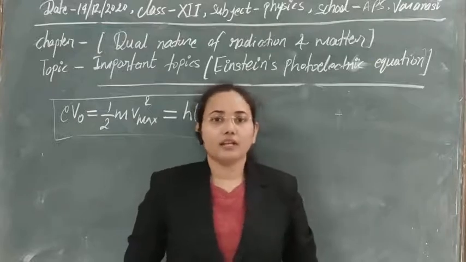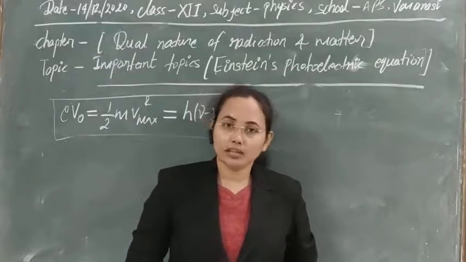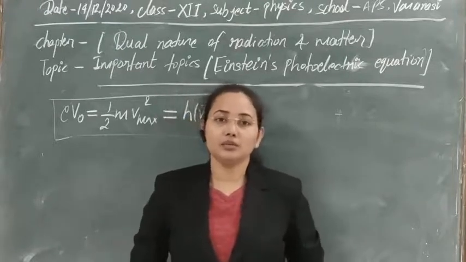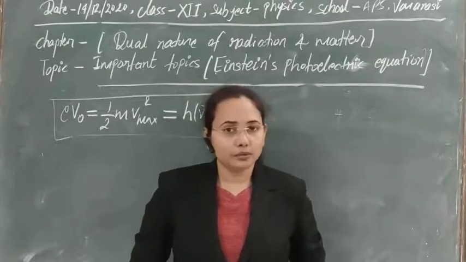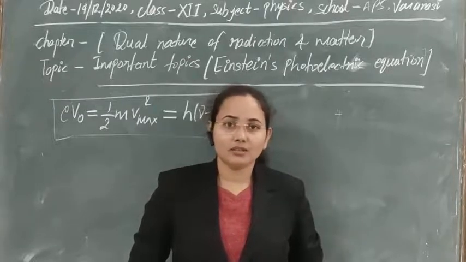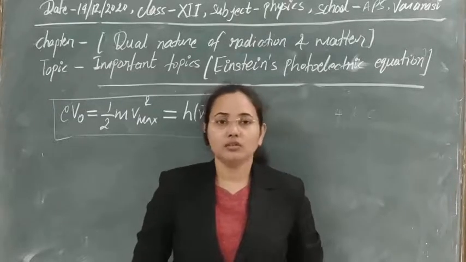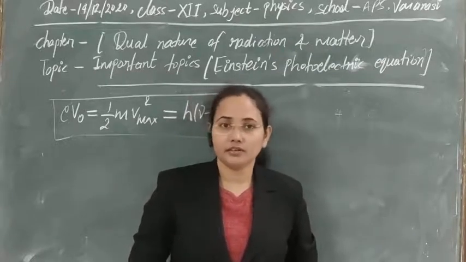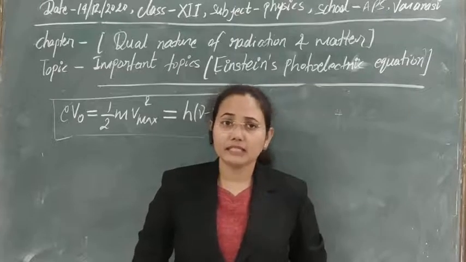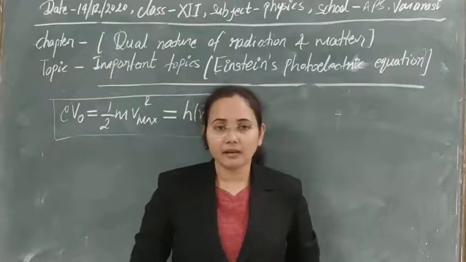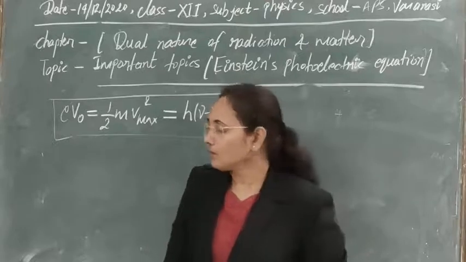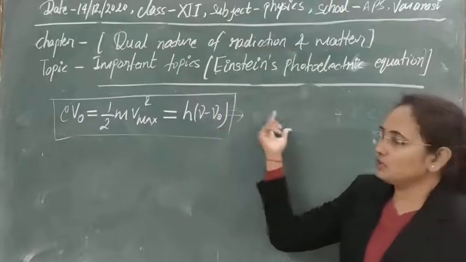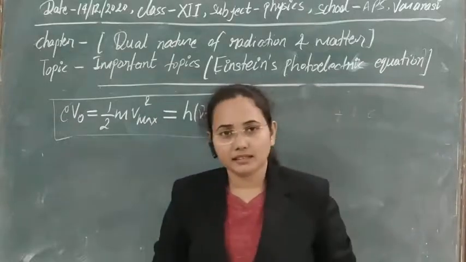So if we are talking about the valence electron, the free electrons, then that free electron will need minimum energy to overcome the potential barrier due to its existence in the outer orbit, and it will use the rest of the energy of the photon to increase its kinetic energy. So obviously it will have maximum kinetic energy. That maximum kinetic energy will be equal to this value. So this expression is Einstein's photoelectric expression.